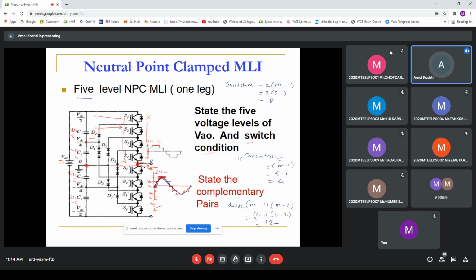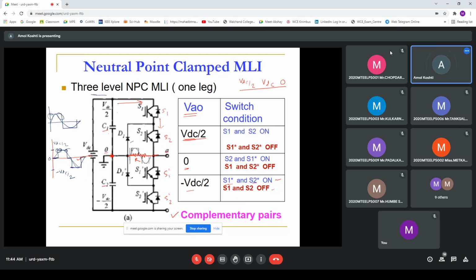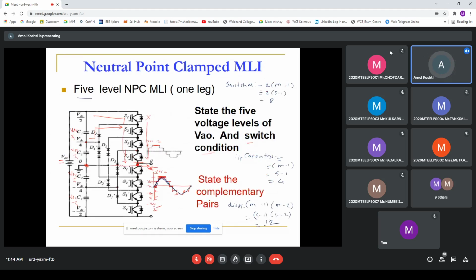If you see, for 3 levels we have 2 diodes here only. If we see for 5 levels, how many diodes are increased? 10 diodes are increased. So as we go for higher levels, the count of diodes in the circuitry will increase. That is the reason it becomes a little complicated circuit to construct, and after construction, to analyze the circuit. Then here it is difficult to control the real power flow of the individual converter.